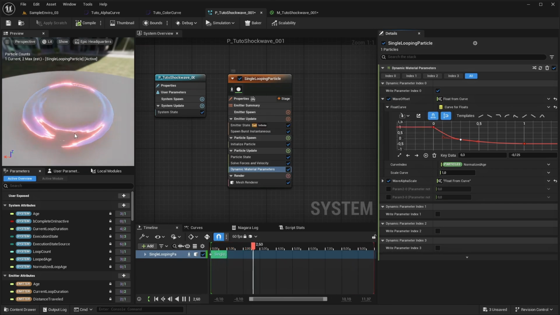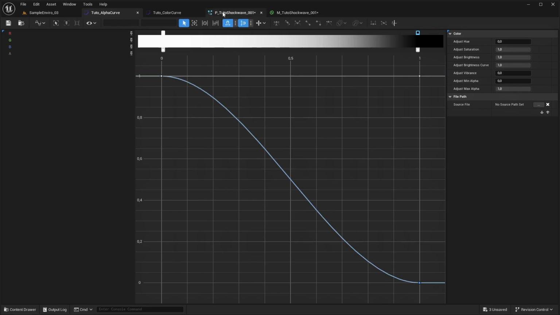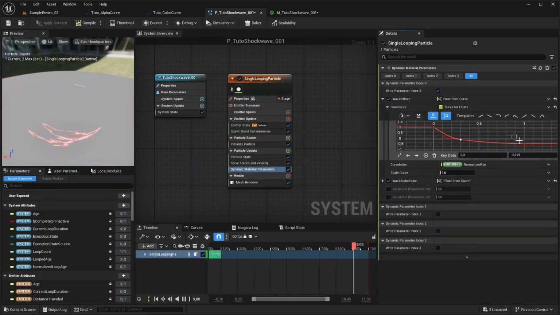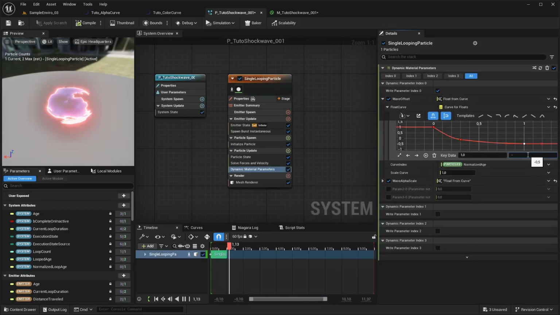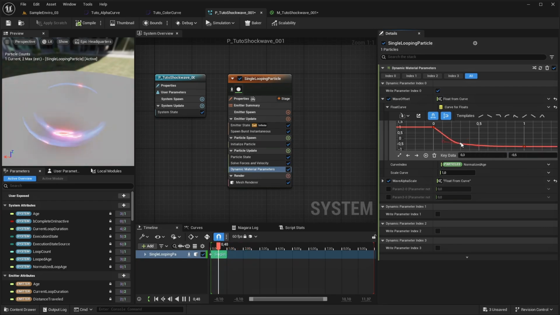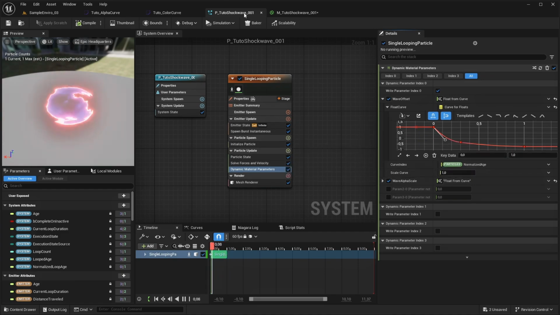We have an issue: you saw that the borders are not fading out. It's just because we have one thing left to do, which is to add the second ramp we made, the alpha curve we just made there. So I will just quickly adjust this curve to have something better, maybe minus 0.75, yeah, something like that. Yeah, it will be okay.